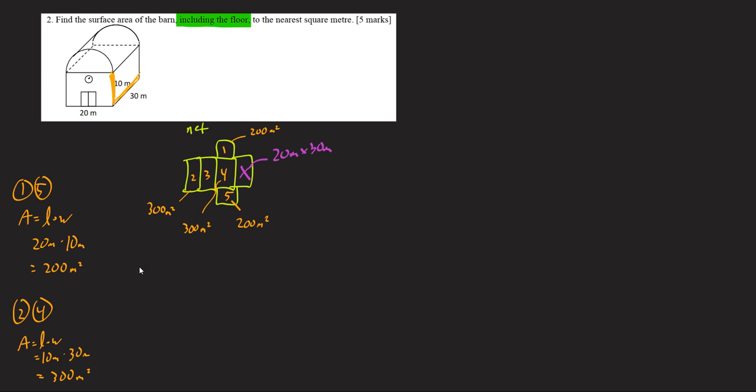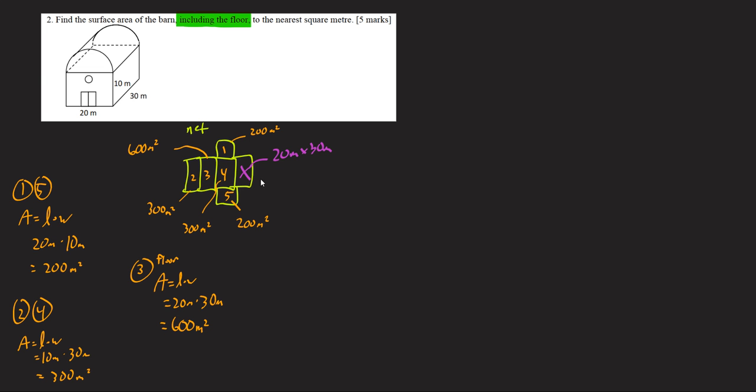All that's left is number 3. Number 3 is the floor. It doesn't have a pair because the roof is this dome instead. Well, that's not a dome, but whatever. Curved shape, semi-cylinder. So this one is 20 by 30 meters long. 20 is given here, and this line is parallel, so it has the same measure. This one is 30, and this one is parallel, so it has the same measure. So 20 by 30 is 600 square meters. And remember, there's no pair for that one. So this one, number 3,